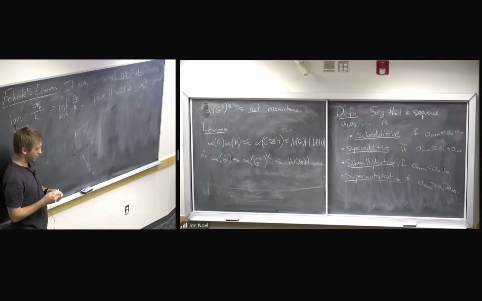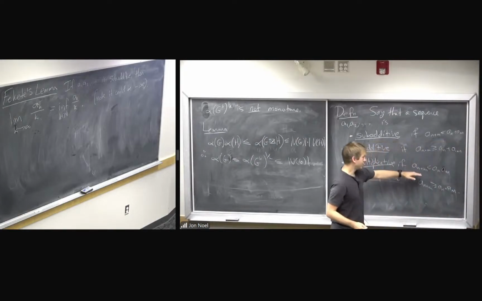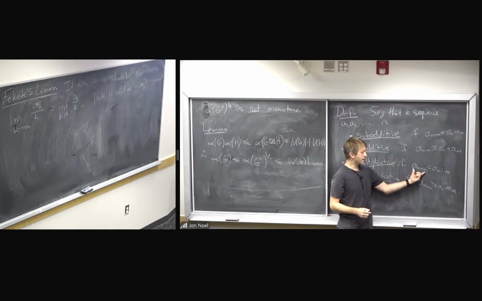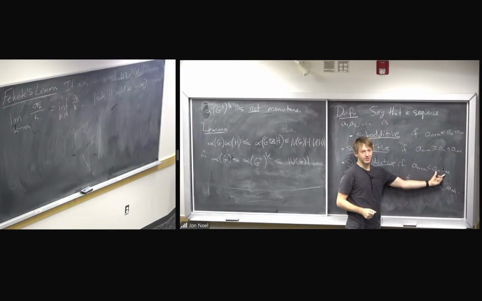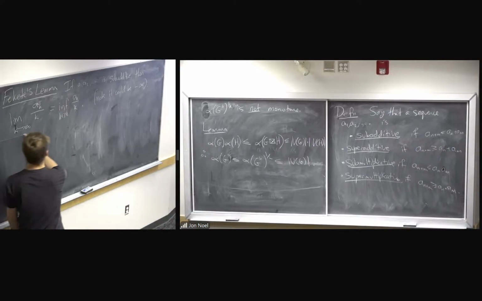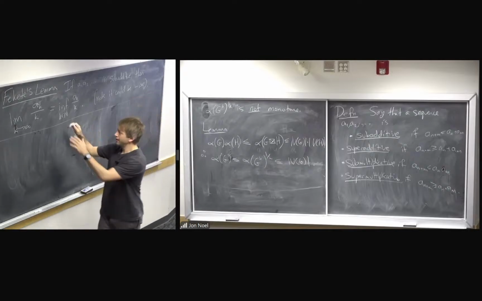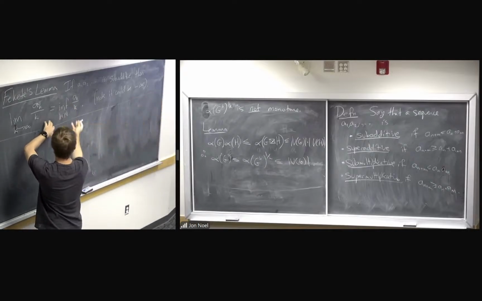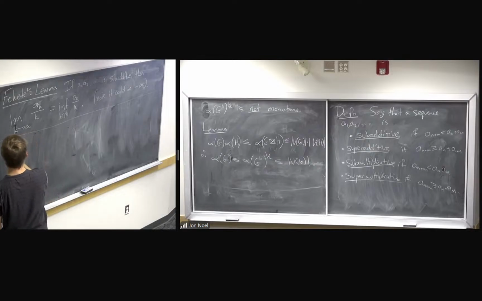Now if you wanted to go from additive to multiplicative, you could just take logarithms. If I have a submultiplicative function, and I define another sequence which is the logarithms of these, then multiplication turns into addition when you take logs. So it'll just become subadditive. And then you just have to think of what that does to all of this. So a corollary of this, if you turn this into superadditive and then into supermultiplicative, is that